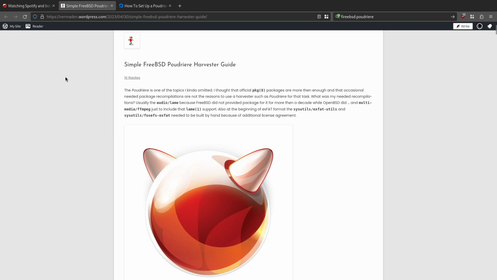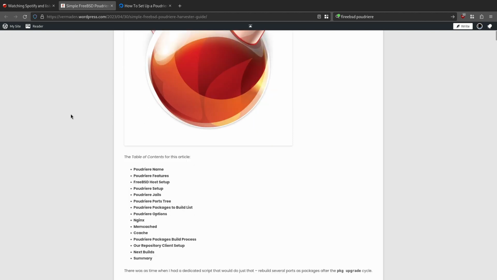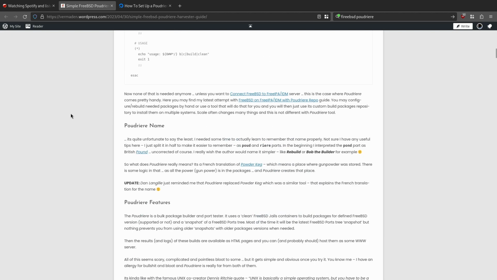So the next one, and this was one that was basically vital to solve the problem of the build being ignored. I kept trying to build the widevine package with poudriere and it kept failing, saying ignored ports, and the reason why was because it wasn't accepting the license. So what I found down here,